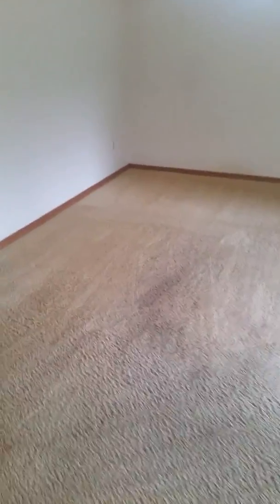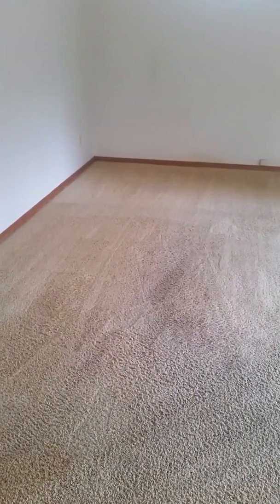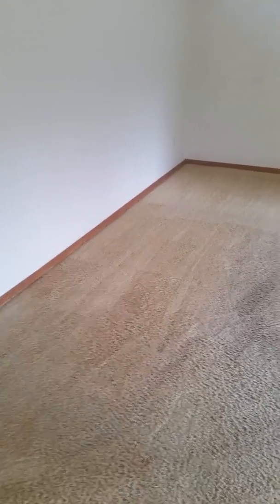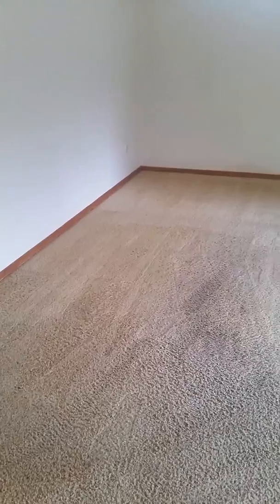And you kind of notice here that little dark spot on the carpet. That's wear and tear on the carpet here, even though this carpet's been shampooed several times. But normally that's where they put the sofa right there, and then you have your dirty feet right there, and that's where the carpet takes a beating. Now out here